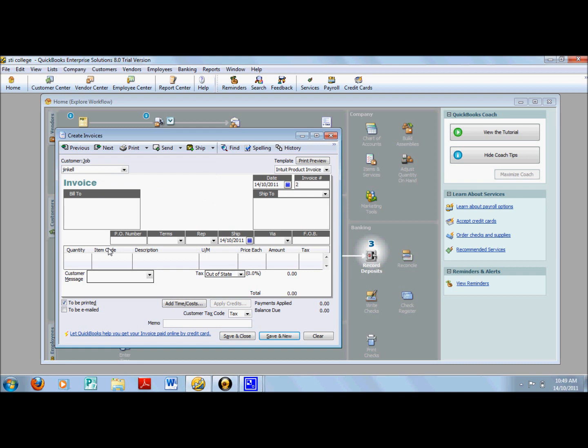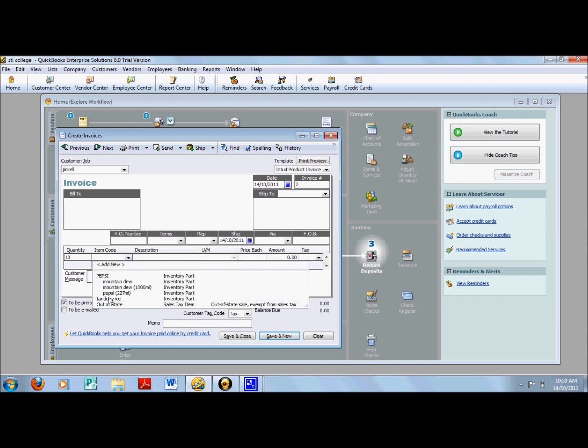However, click the price each column for the item that you want to reprice by using the price level. QuickBooks turns the price each column into a drop-down list. For example, the quantity is 10 and the item code is Tanduay Ice.